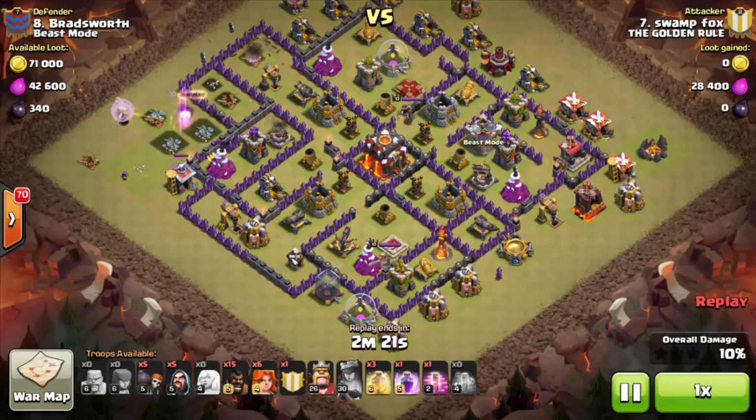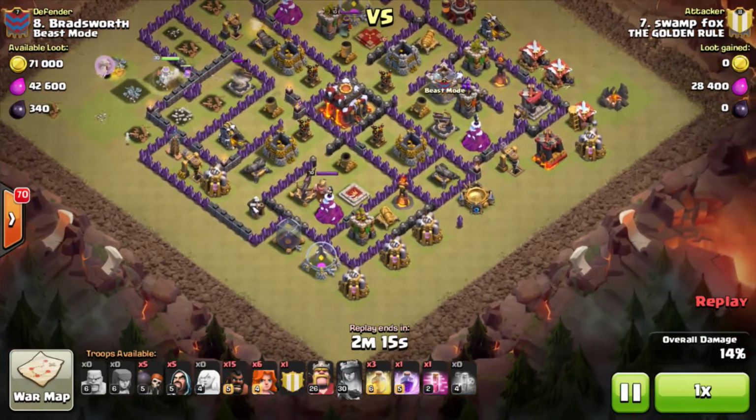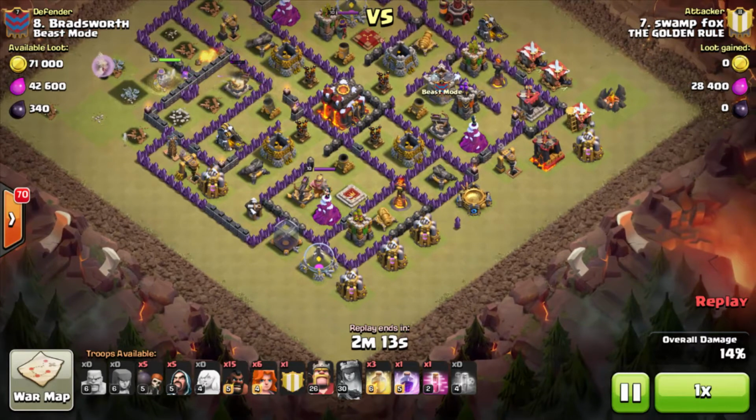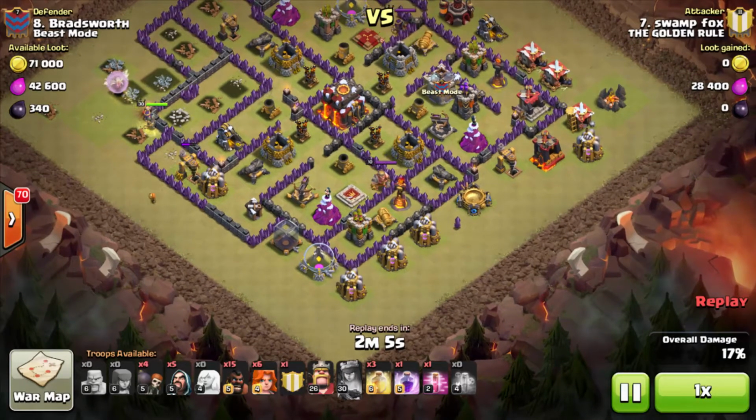She walks around there, and he's forced to drop the ability because she would have gone down otherwise. She takes out that expo right there and then continues walking around. As she takes out a few more defenses and a few more defenses start to shoot her, she drops some